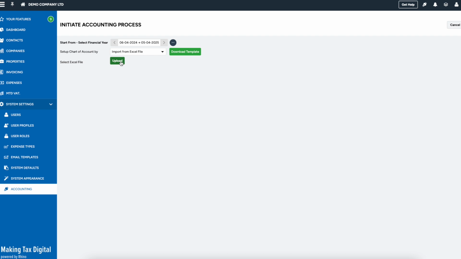So this allows you to mirror the chart of accounts and the accounting setup from another solution, should you wish to migrate to Rhino. The third option is, and this is particularly relevant to accountants, if you wanted to copy the chart of accounts from another customer that you've got access to. So for example, if you had a number of marketing companies or sole traders and you wanted to use the same chart of accounts, it'll copy over the structure and also all of the accounting rules, which we'll refer to